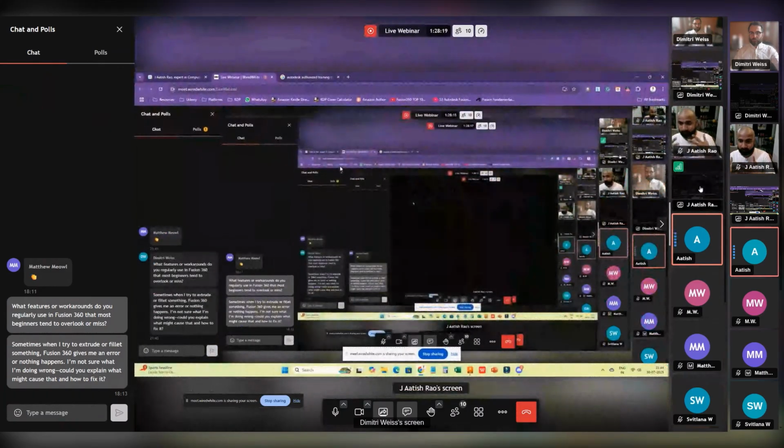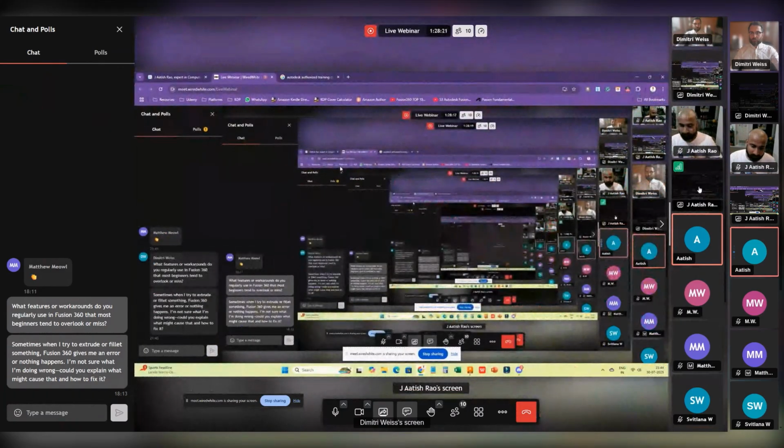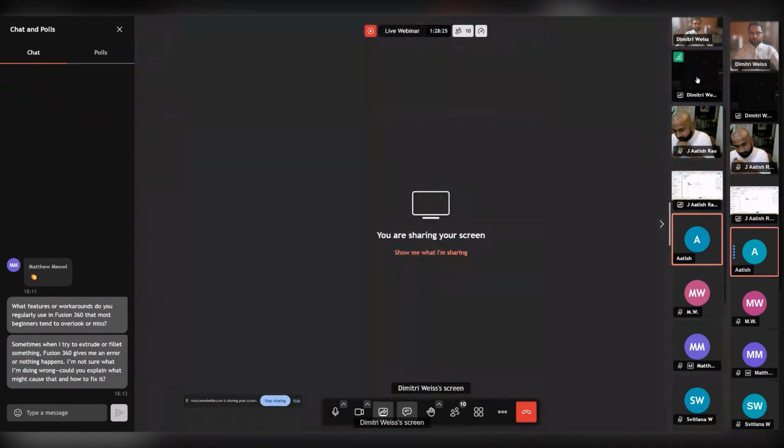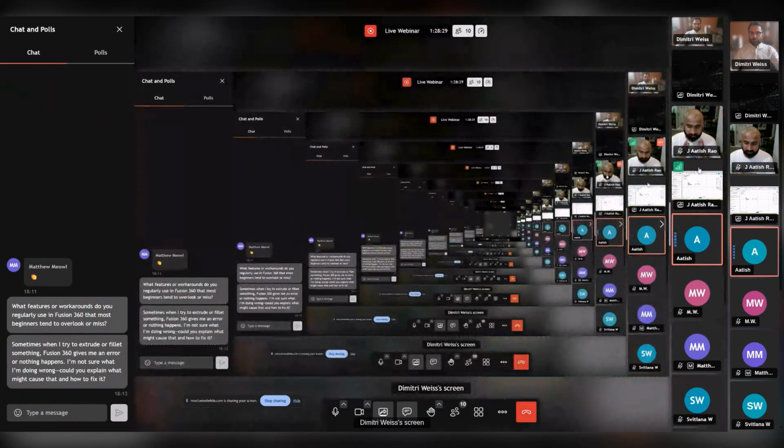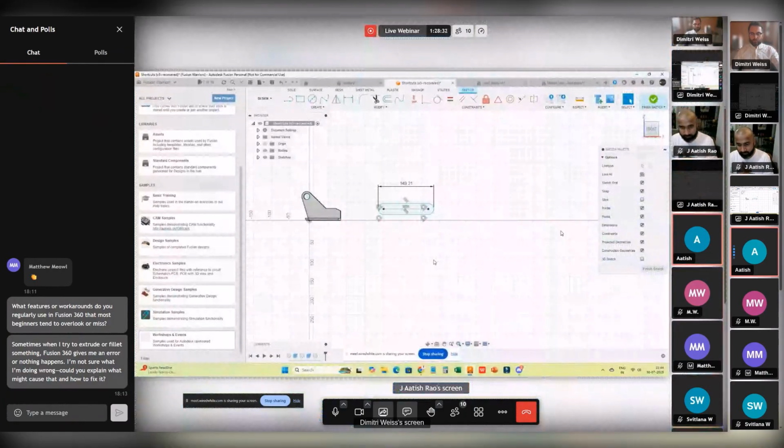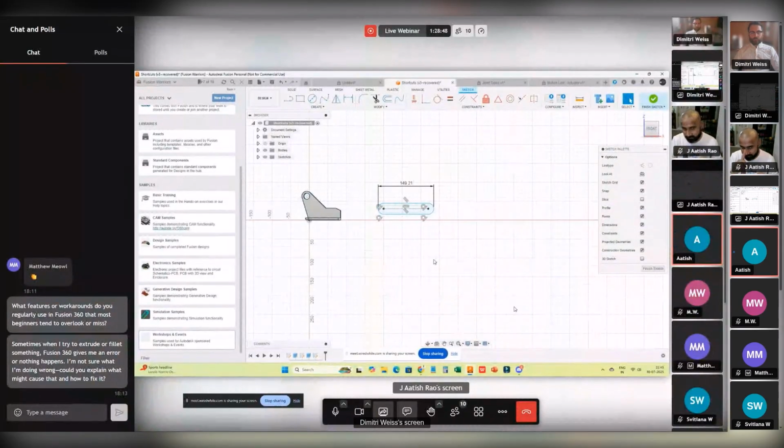Fusion always comes with an error code. Every time, there was something wrong going on with my GPU. So what I recommend is, whenever you are downloading Fusion 360, there is an option that says, do you want GPU acceleration? You have to check that checkbox, and make sure that you are using it for